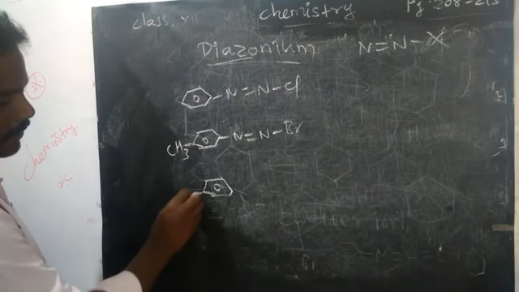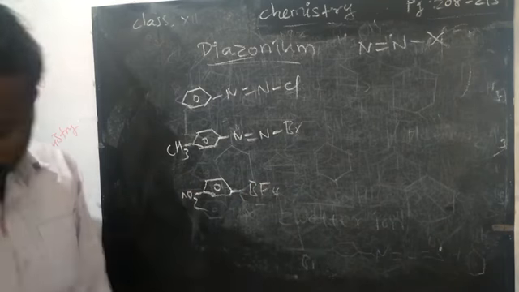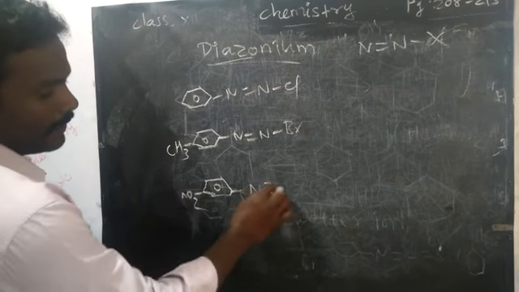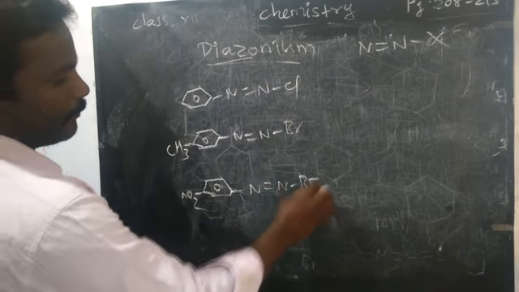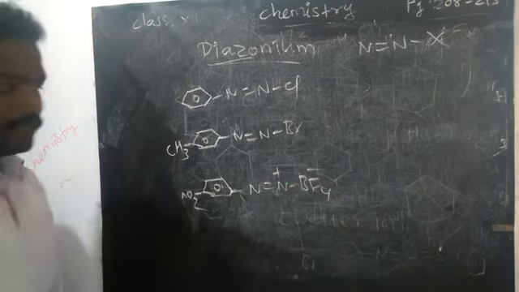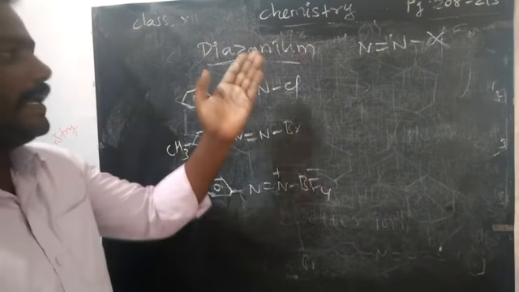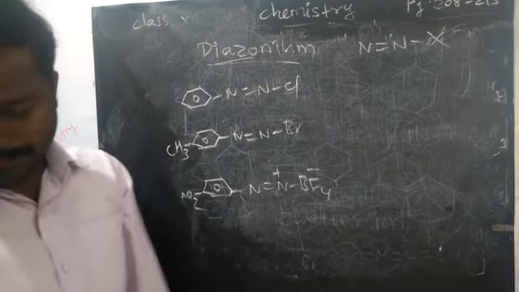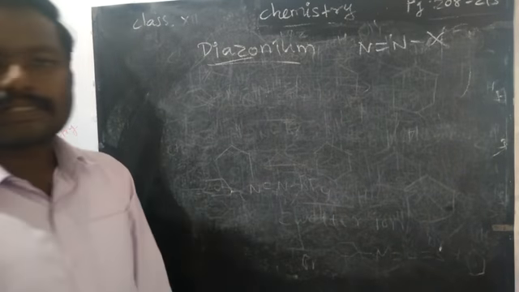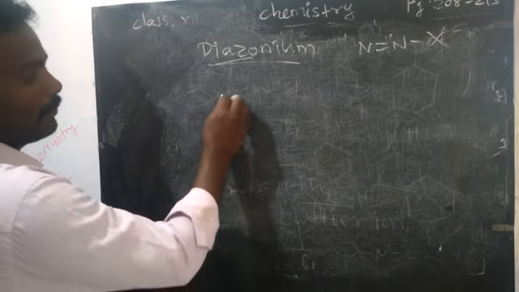Okay, then you may get the nitrated compound with N double bond N BF4 compound. Because of that, it will carry positive and negative charge. Okay, right? So these are the three examples of diazonium compounds. Which have a special type of resonance, because of that it is able to stabilize the compound.